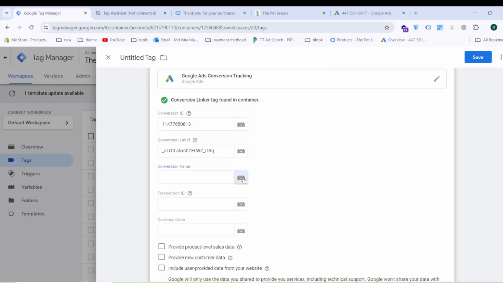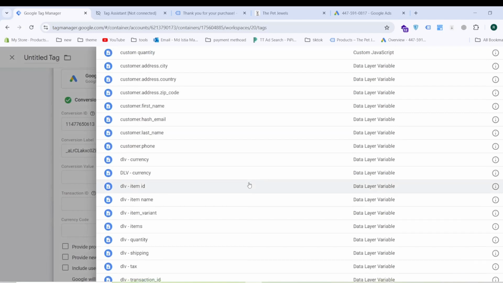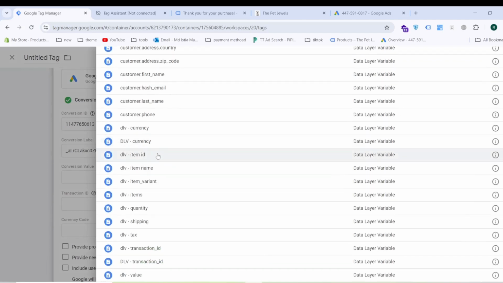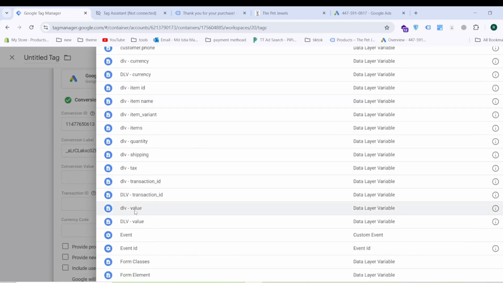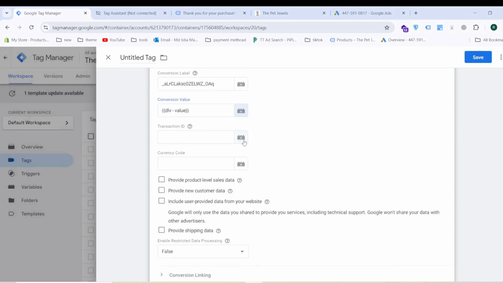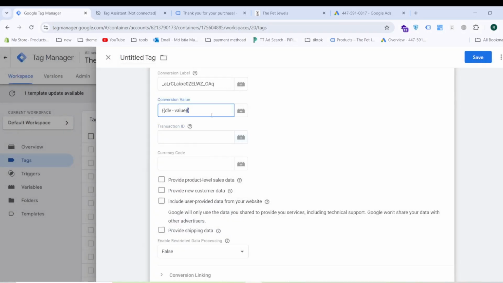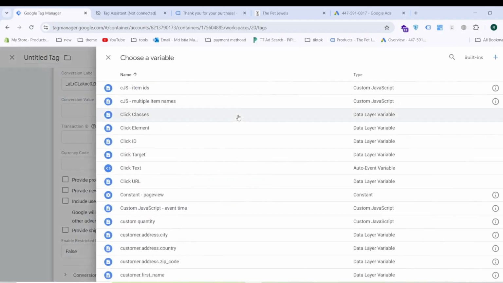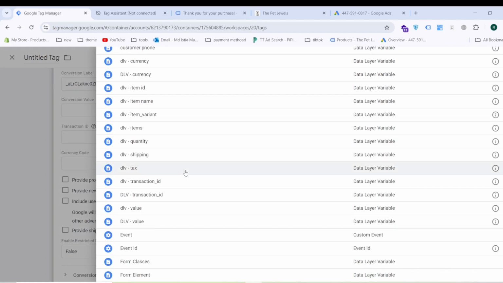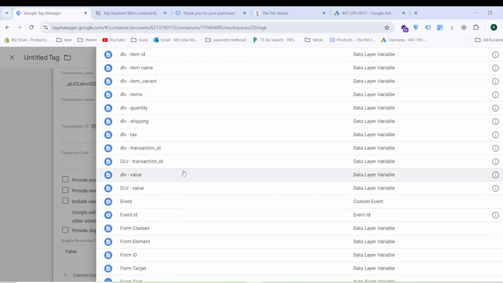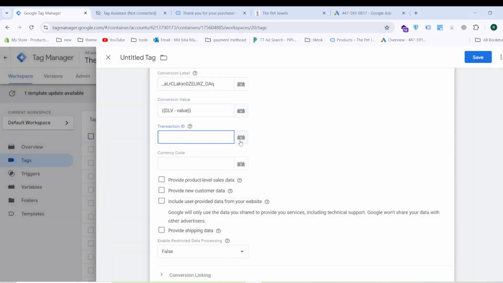So where do we get the value? Can you remember we set the value like DLV value? We need to take the DLV value and the transaction ID. Where can we get the transaction ID? Just give me a second. I think this is missing. DLV value is another thing. Yeah, DLV value, this one, and transaction ID,